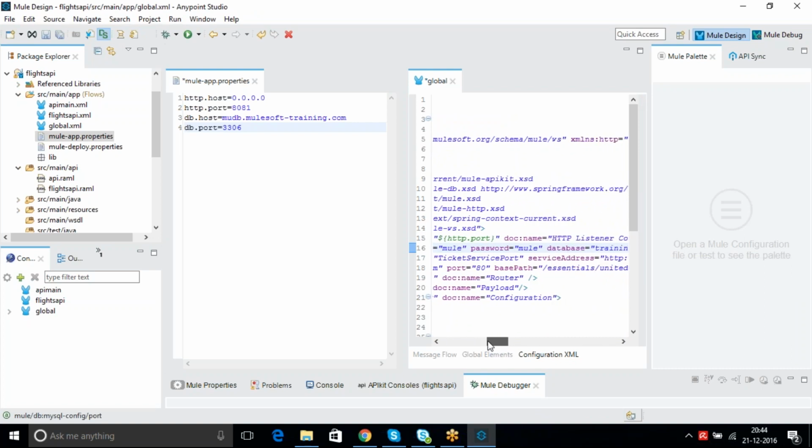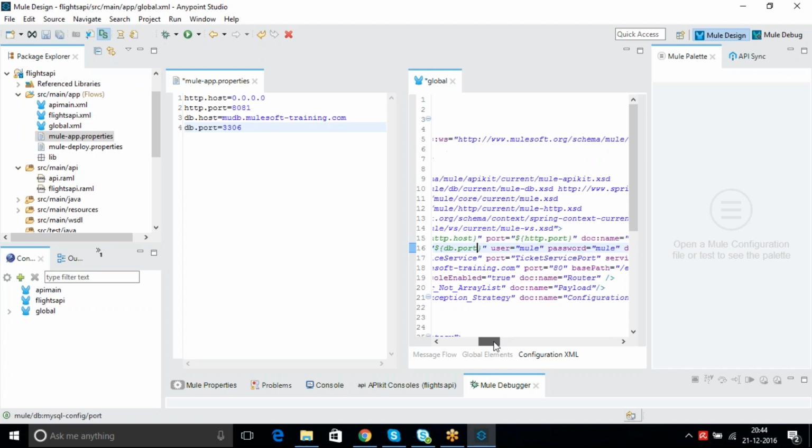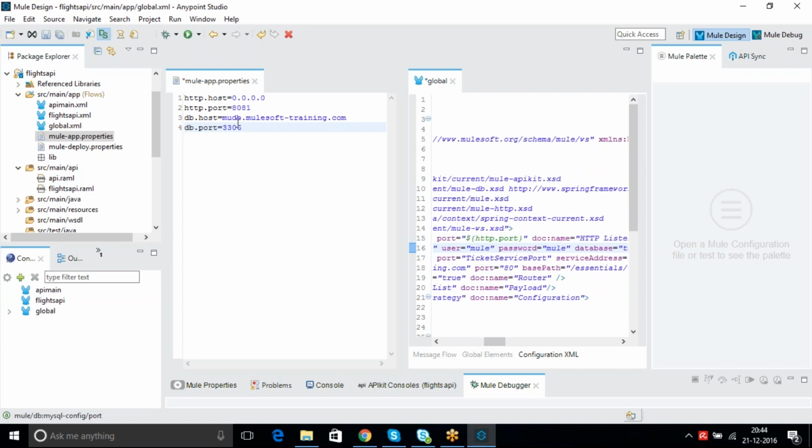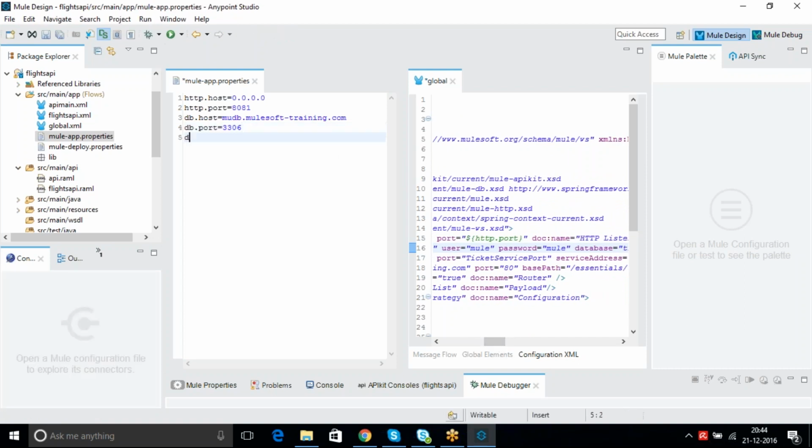Any other things we can change? We can use this username password also, right? db dot username, db dot password.